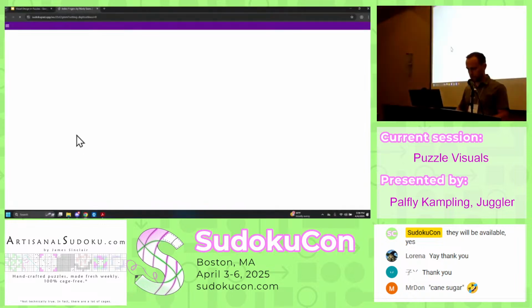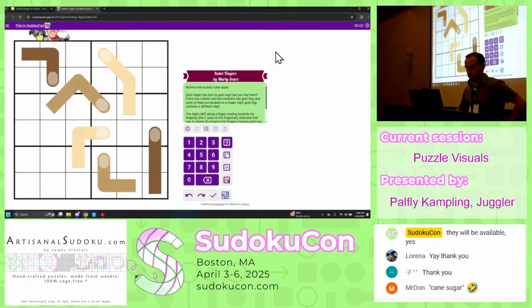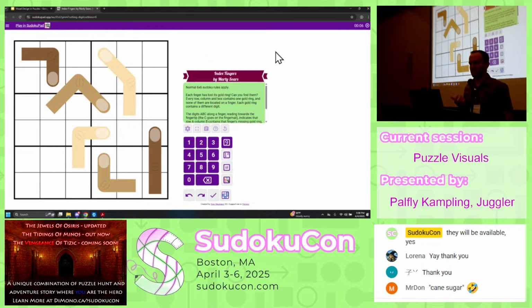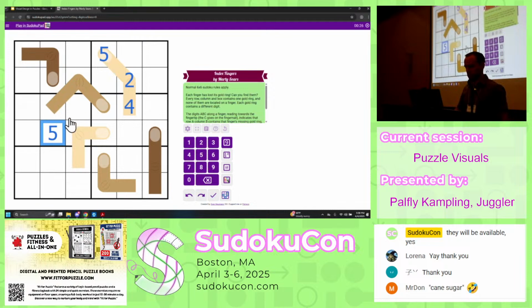So I will open this so you can see the rules, because that's important as well. There's Sven. So yeah, it looks like this. So already that's funny, right? And it's called Index Fingers. But let me just really quickly look at the rules. I'm not going to tell you why it's good. So each of these is an index clue, basically. So if this is sort of row 4, column 2 contains a 5, then row 4, column 2 would contain a 5. And the premise is that each of these fingers has lost its gold ring,